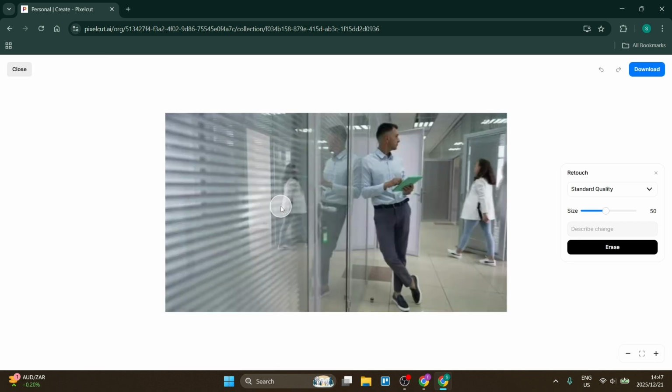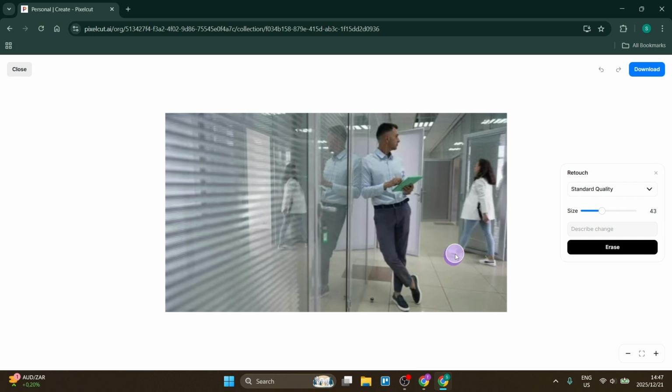We are now being redirected to this page, and here you can see you have a brush. All right, and you can change the size of the brush. That will be like so big, and it gets up to that size. Now, quite simply, all we have to do is go ahead and click down and drag over exactly what we